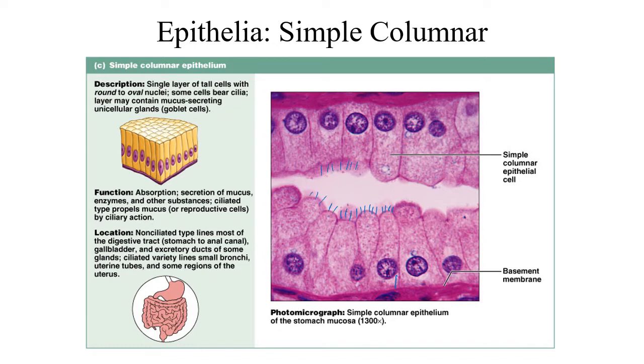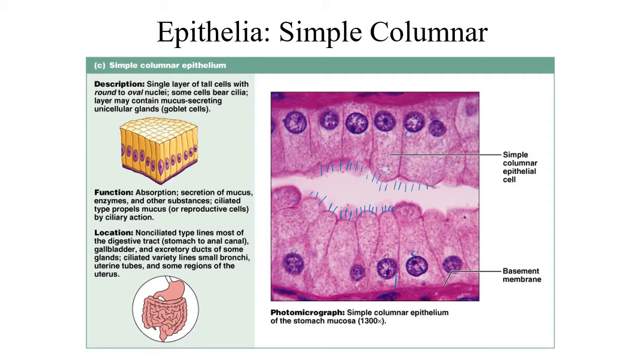So those would be there all along the surface of the cell, and we see those along there. And so the non-ciliated variety is in places like the digestive tract. The ciliated variety is going to be in places like the fallopian tubes or the uterine tubes. And with those tubes, that's going to allow them to push the structures or the egg down through the fallopian